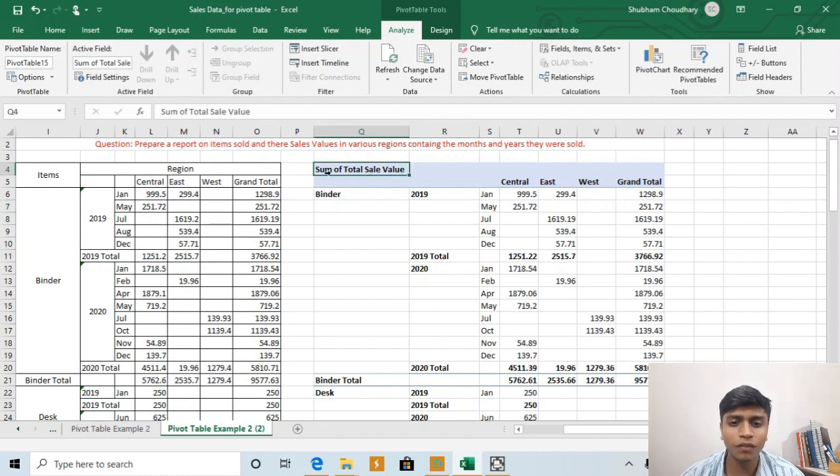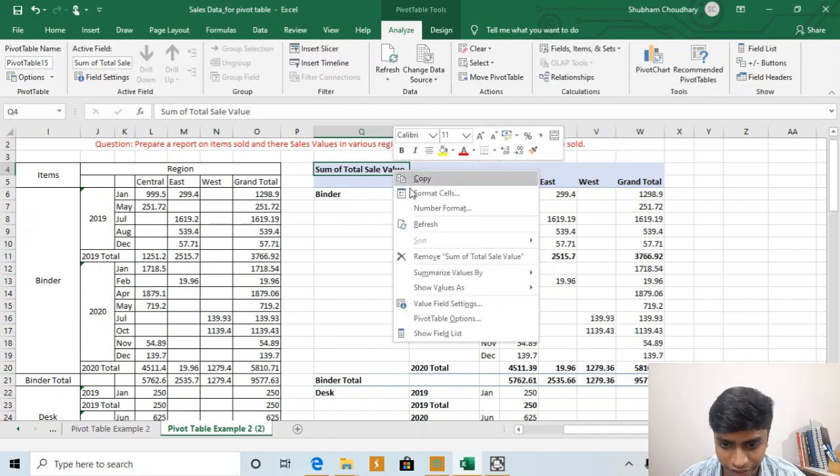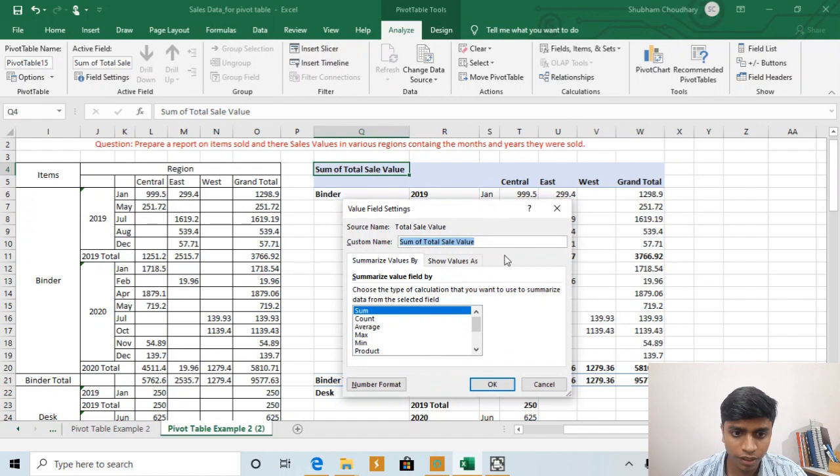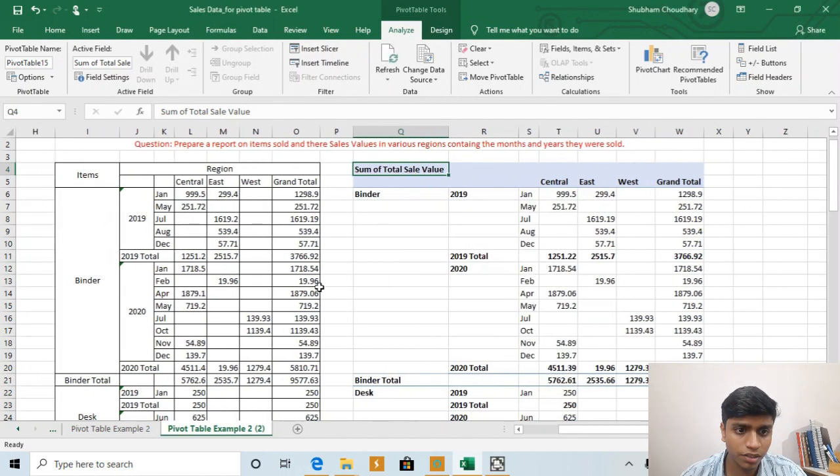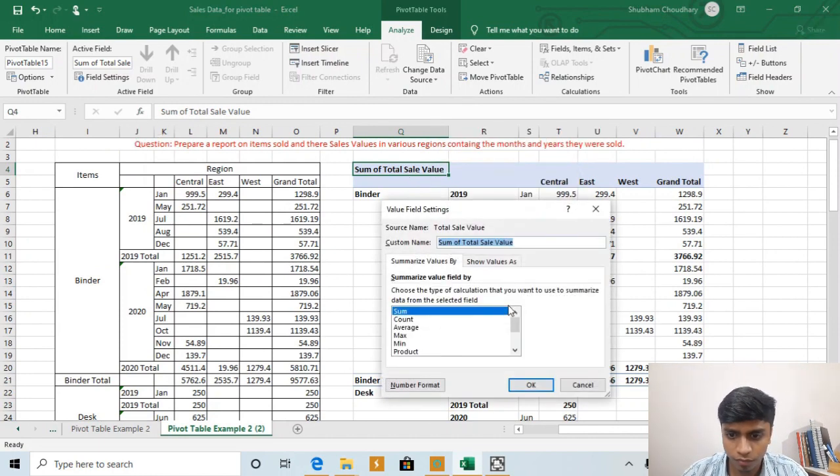This sum of the total value, if we want to change it, we can just go to the field settings again, and we can just write whatever we want. As per our question, we had written items, so we can just go here and write Items, press OK.